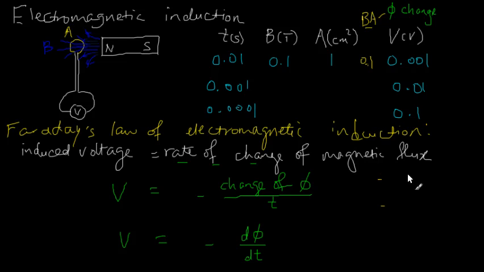One is the idea of flux linkage, magnetic flux linkage. The other is what happens if we have a non-uniform